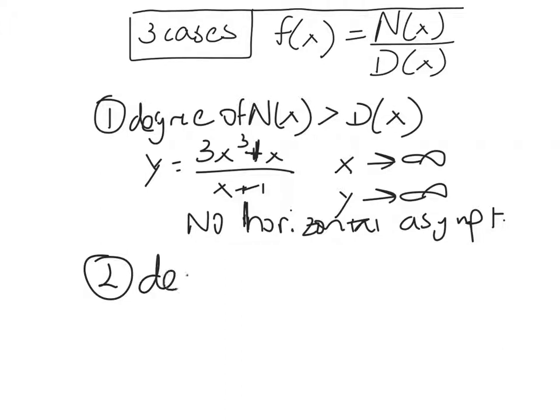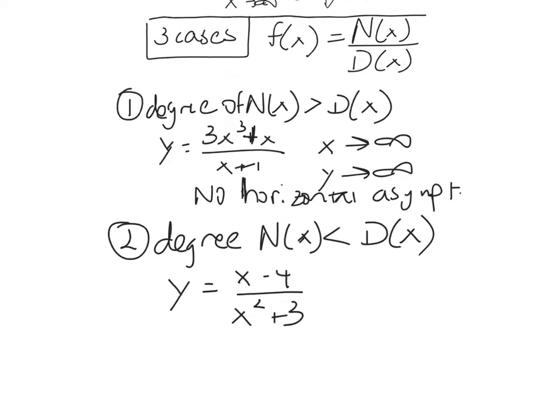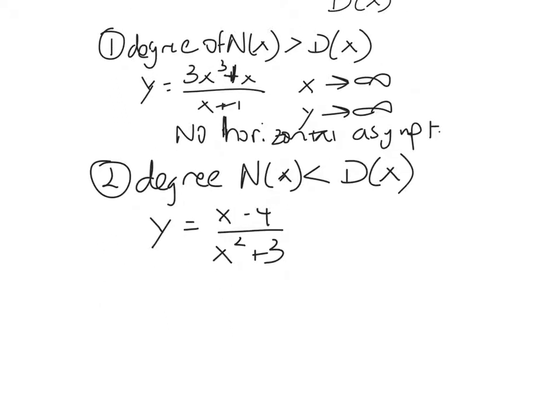If the degree of n of x is less than the degree of d of x. Okay, so something like this. y equals x minus 4 over x squared plus 3. Something like that. So there's a polynomial over a polynomial. It's a rational function. And what we get is the numerator degree is 1. The denominator degree is 2. So as x is going to infinity,